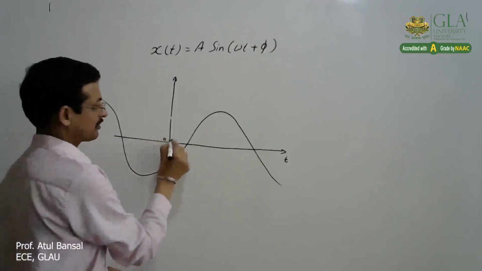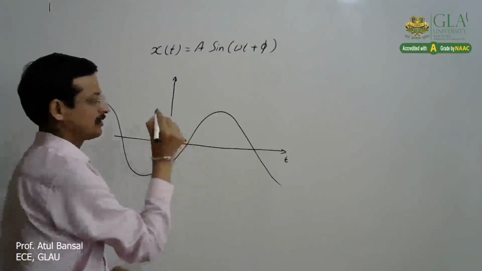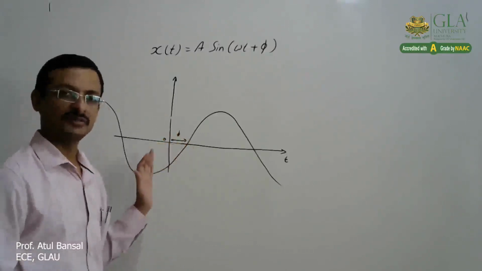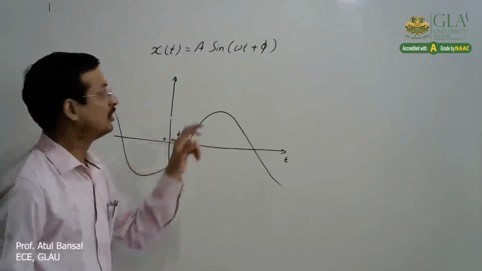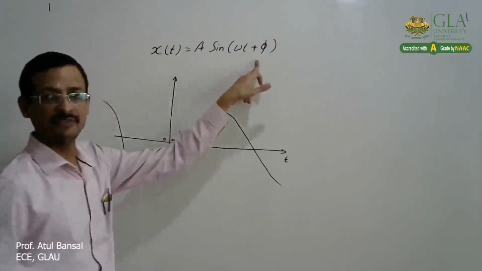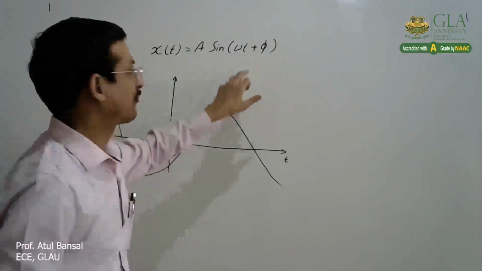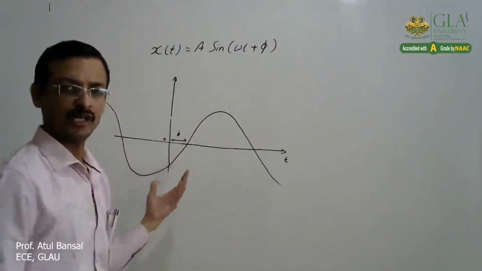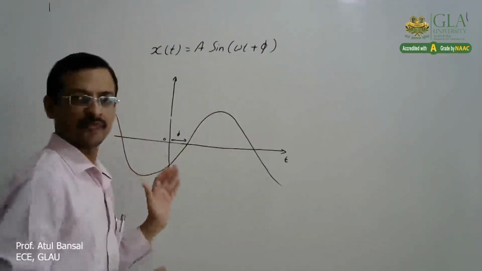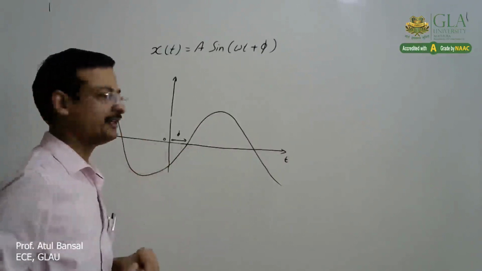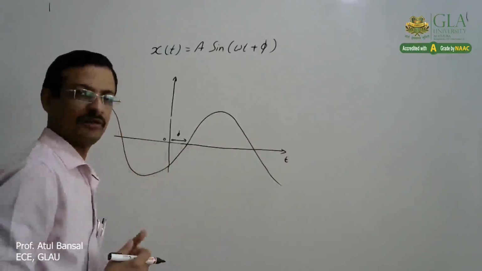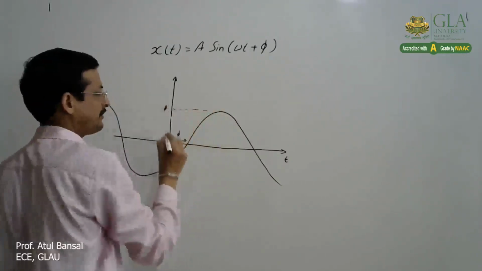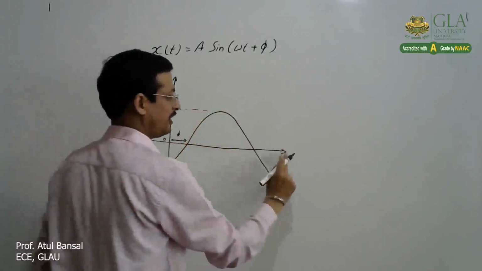Now this is the phase angle. The phase angle here means how much the signal is shifted from 0. Again, if you see the time shifting transformation, from that we can easily see that this phi indicates by how much it is shifted along the time axis, either towards the right hand side or the left hand side, depending on whether the phase is positive or negative. And this is the maximum amplitude A.